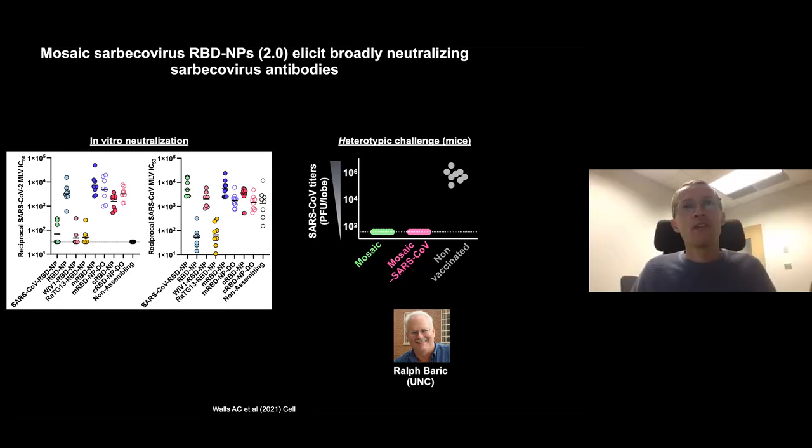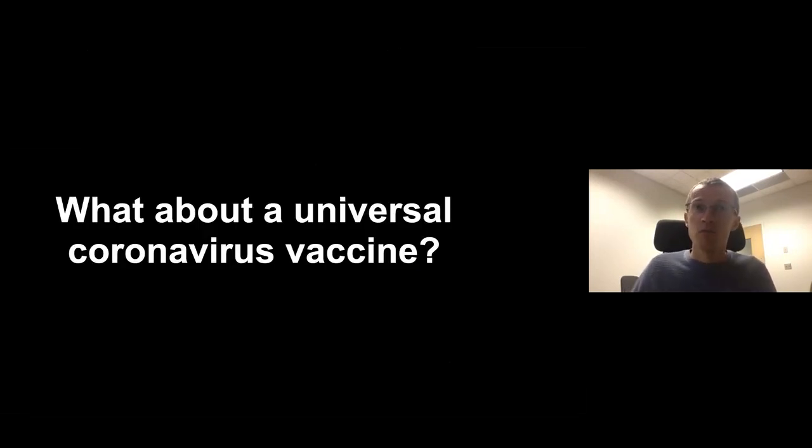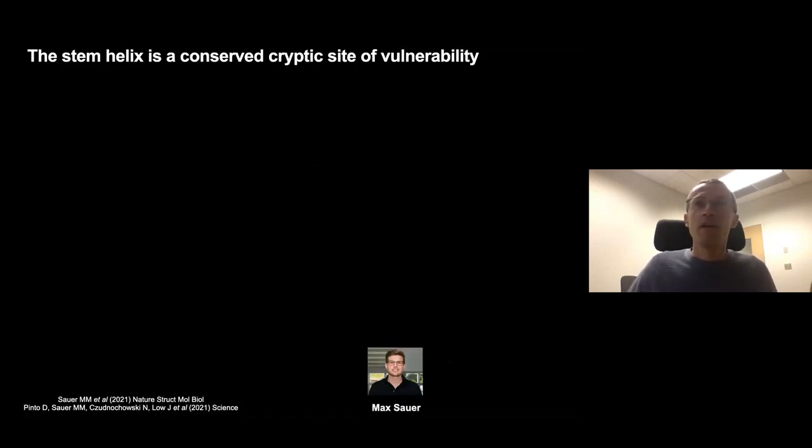That's what I like to think about as version 2.0 of our vaccine, and we're actually working on optimizing the composition of the RBDs to move it to the clinic. But oftentimes people ask me about a universal coronavirus vaccine, and I think this is coming from the flu field. So I felt like maybe I should use the last few minutes to share the state of the field and where I think we're headed.